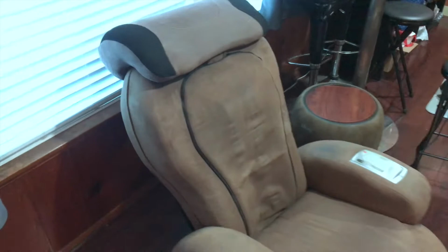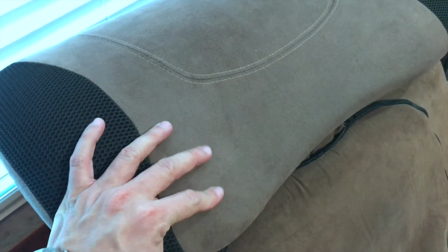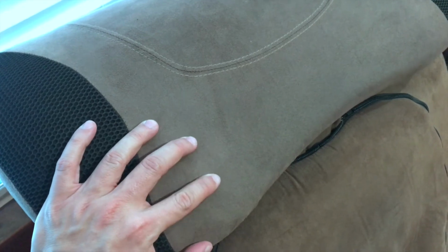This chair is made with some kind of microfiber or felt. As you can see here, it's kind of soft and smooth. It feels kind of like it might be suede, but I'm not too sure about that. What I do know is it's pretty durable and it's pretty easy to clean. So it's kind of like a leather type material. This one down here feels more like maybe microfiber,